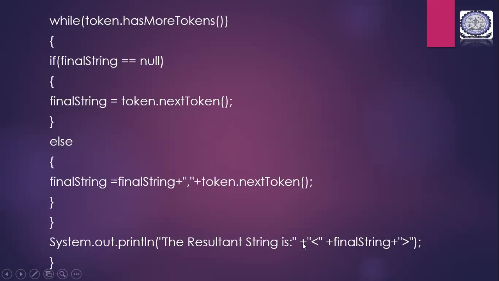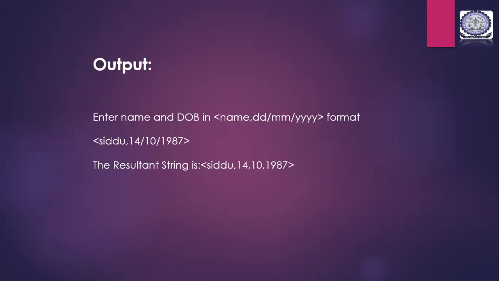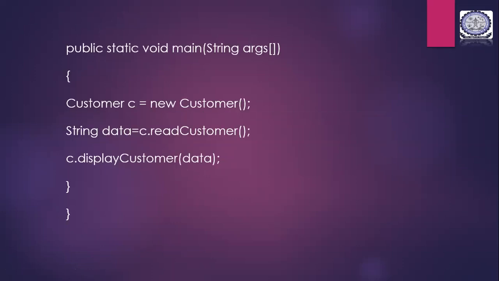So we add with it the lesser than symbol, and then say the final string has to be added in between, and to that string we again give the greater than symbol. Okay, we have defined it here. So we say that these have to be displayed. So these are the characters that will be displayed. Right? So this is your 2B program. I think everything is understood with this.